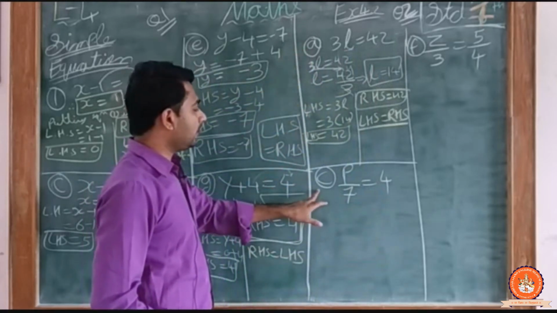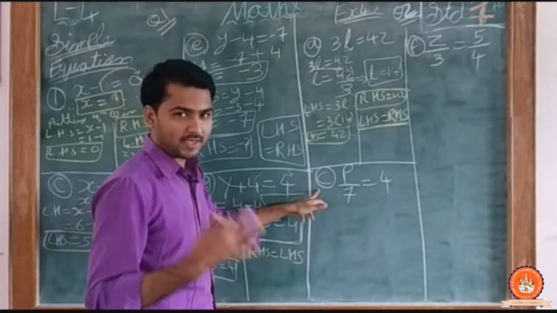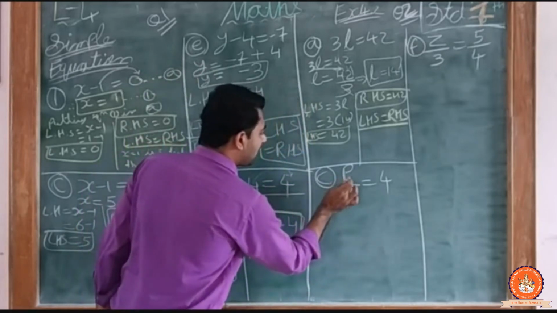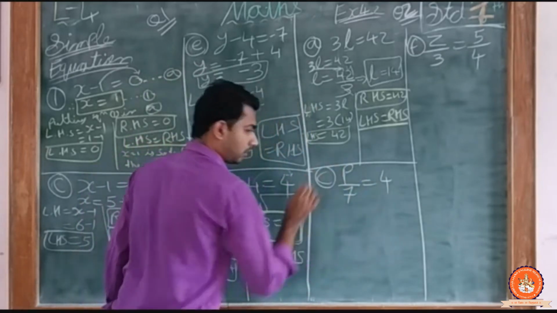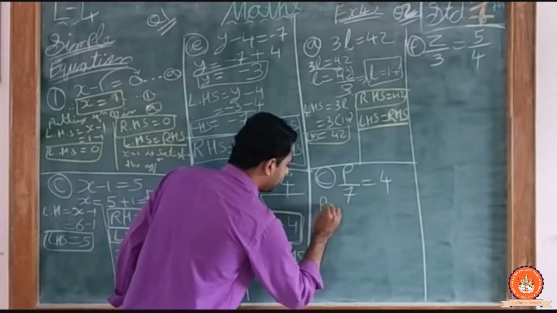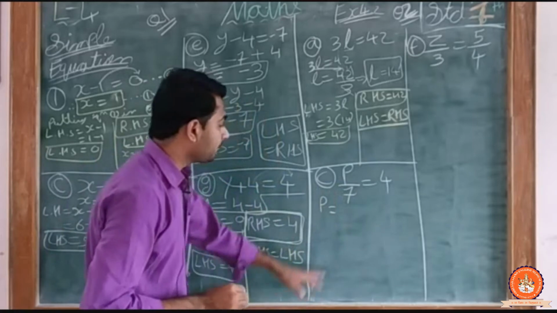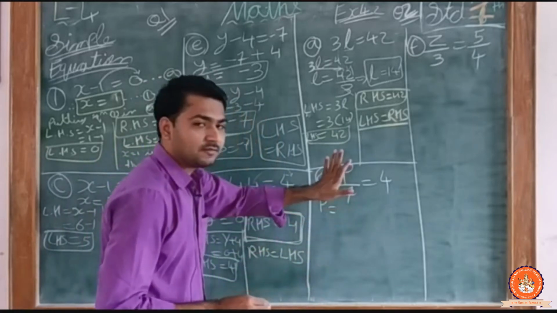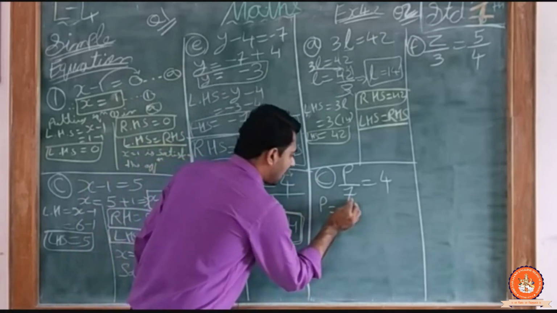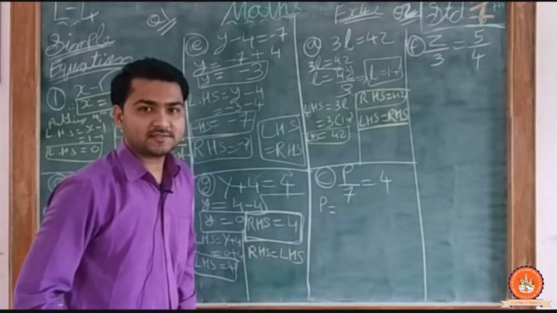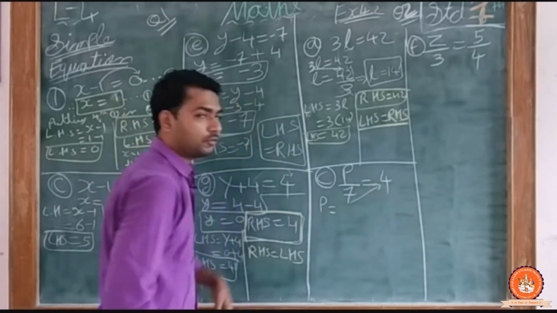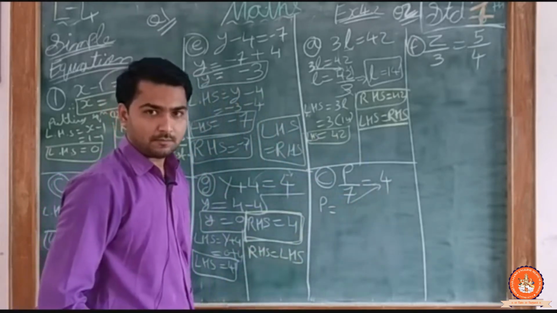Now coming on to the C, B is similar to the A. Coming on to C, what is C? ये P by 7 equal to 4. So I have to find the value of P. So P is equal to, अब यहाँ पे क्या करना है, P फाइंड करना है, मतलब P के अलावा वहाँ पे कुछ भी नहीं होना चाहिए. So this I have to take on the right side of equal to sign. So it is in division form. After going onto the right side, it becomes multiply.